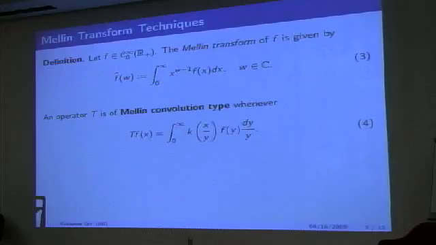The method we use to examine the spectrum is that of Mellin transform analysis. So here I've defined above the Mellin transform of a function f. If you have an infinitely differentiable function with compact support, we define this Mellin transform to be the following integral on the positive real line. And we say that an operator is of Mellin convolution type if the operator acting on a function f at a point x is equal to an integral of the following type. We have some sort of kernel k of x over y times our function f of y, and the measure is dy over y.